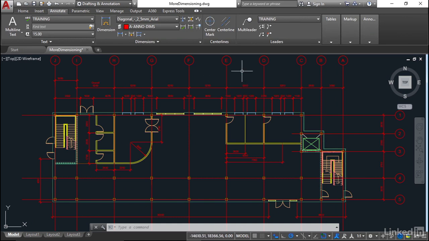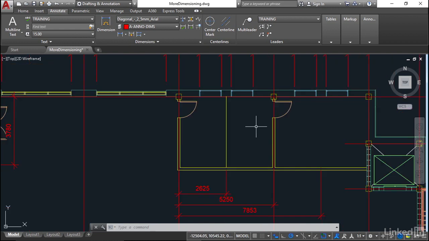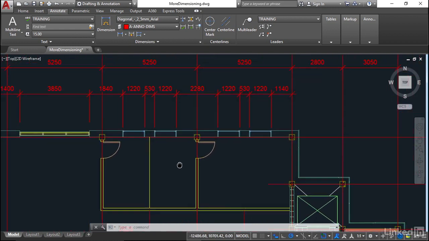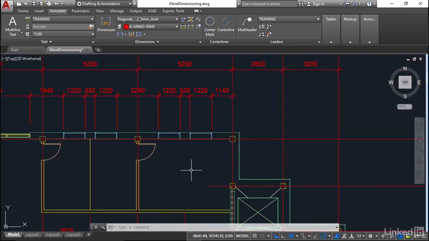Now, multi-leaders can have a particular style. They can have text, they can have bubbles, and there are some preset bubbles when you create your multi-leader styles, and we're going to use one of those. So what I'm going to do now is zoom in on this top right area where the offices are. And I'm just going to place a multi-leader that goes into this office here. And then we're going to add some multi-leaders to it that point to these